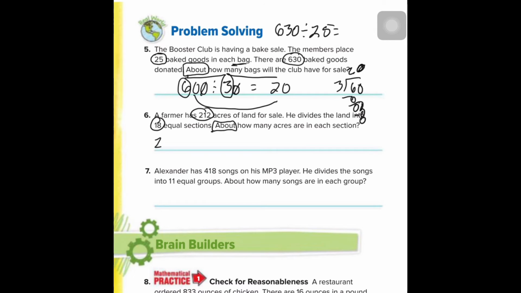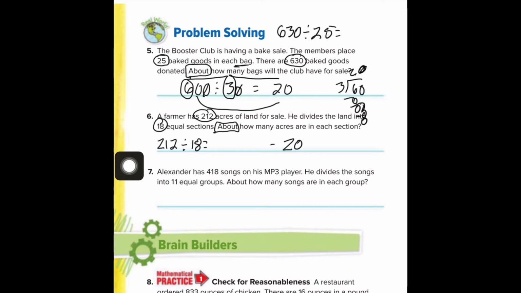Our original problem looks like this, 212 divided by 18. Let's go ahead and estimate it because that's what it's asking us to do. So we're going to estimate the divisor. 18 is closer to 20. And a number that would be compatible with 20 would be, because it would work out really nice, right? Cross off a 0. Then you have 20 divided by 2, so split right in half would be an equal